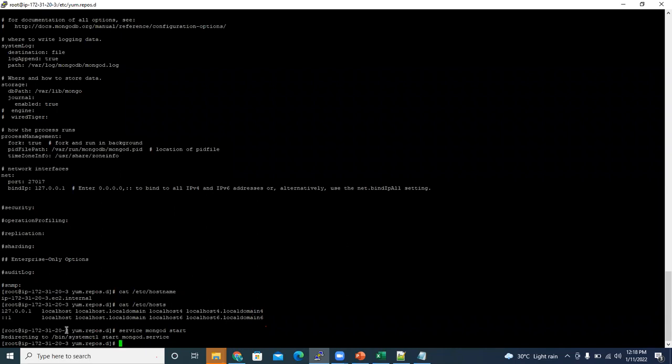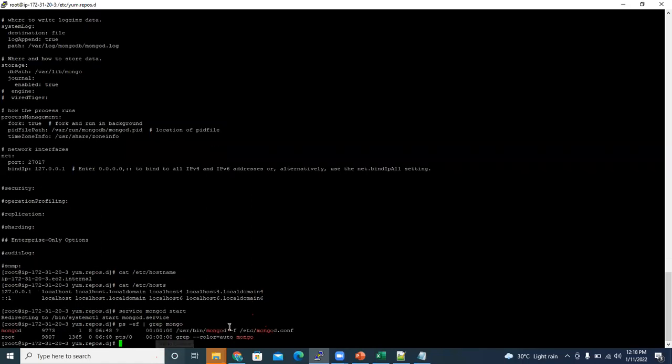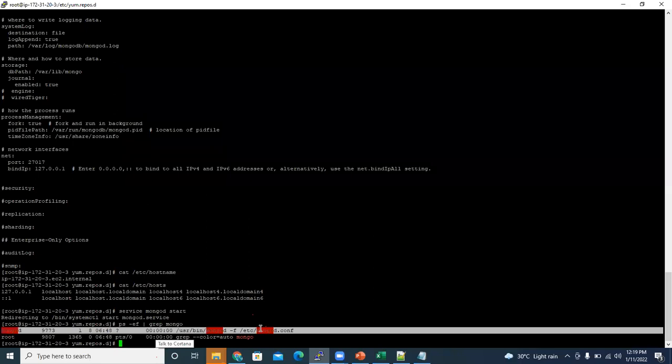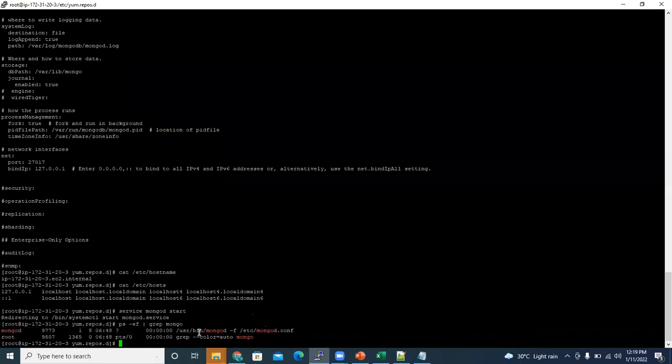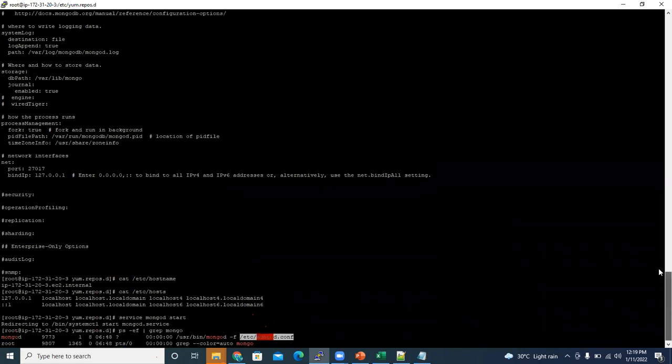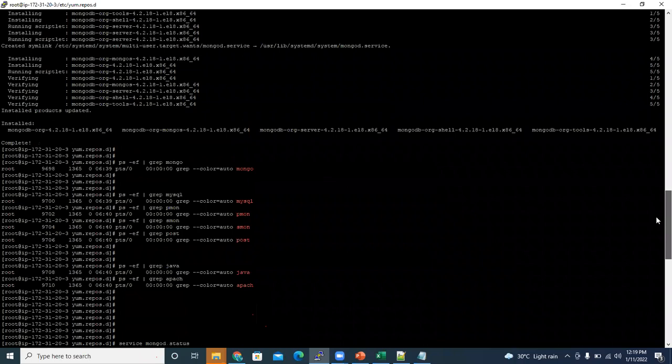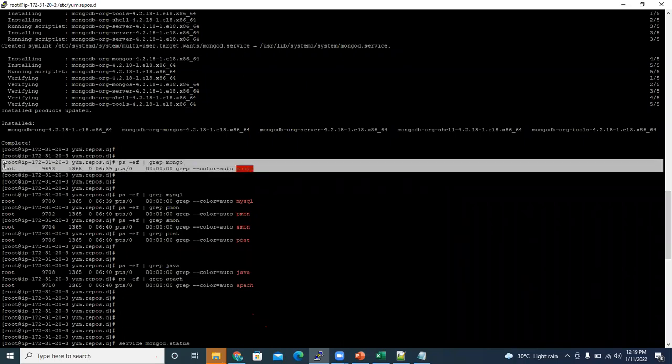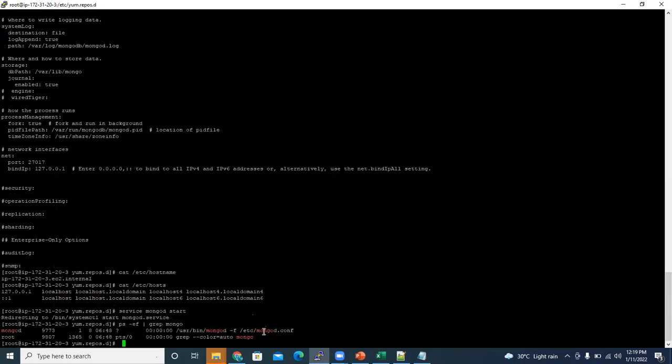Okay, and if I grep that MongoDB process now, it will show us. It is showing us, right? Earlier it was nothing. Now it is showing mongod with the /etc/mongodb.conf, which is my default installation configuration. And when I grepped earlier, before I started the service, it showed nothing. Now it is showing MongoDB is running.